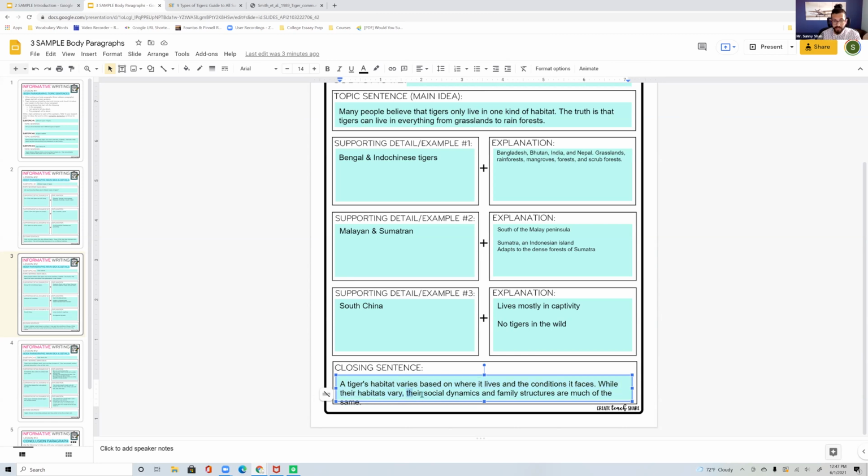I've also, in the second part of that sentence, put in a clue to what is coming next. Their social dynamics and family structures are much of the same. So the next paragraph is going to be about